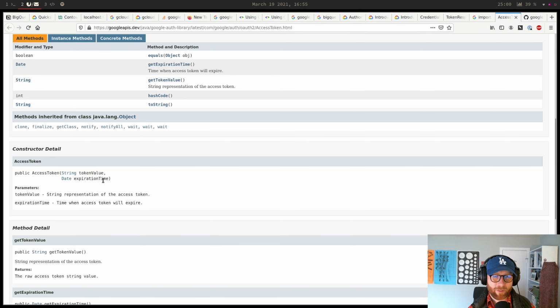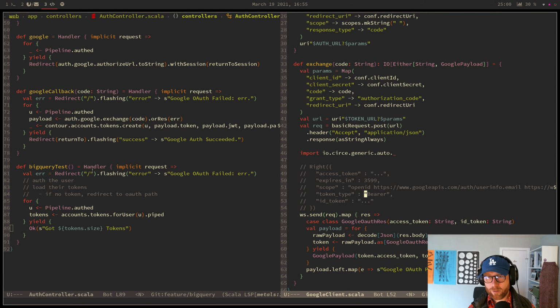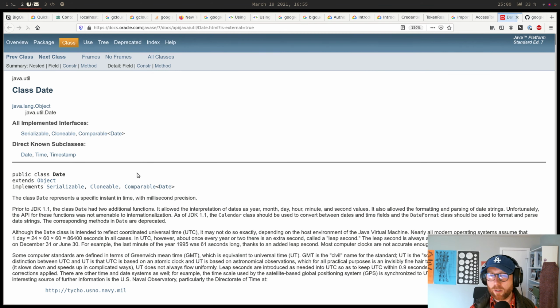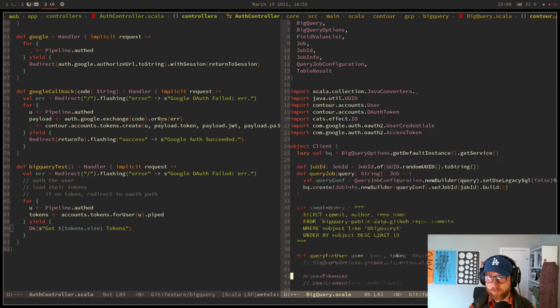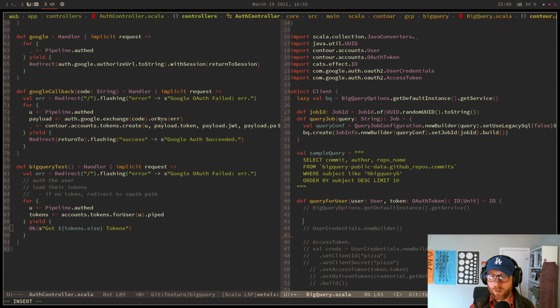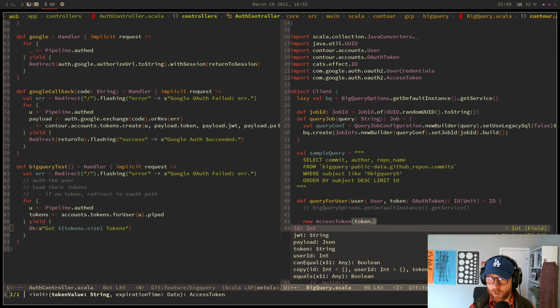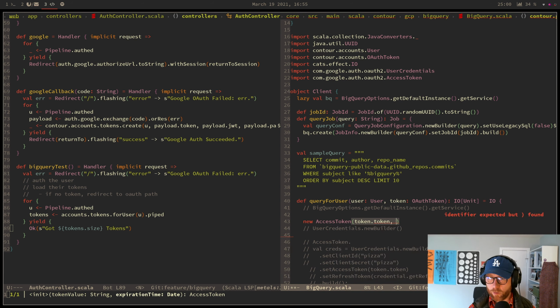Oh. Maybe I'm a dummy and you just need to use this constructor. Maybe it's just a question of finding it. Yeah, so here's a constructor, public access token given a string and a date. Oh god, what kind of date is that going to be? Just Java util date. Okay, that'll be fun. New access token. Yeah, oh my god, I should have just checked that. If I had checked that 5 minutes ago, it would have saved me some time. Okay, so there's my token, and then